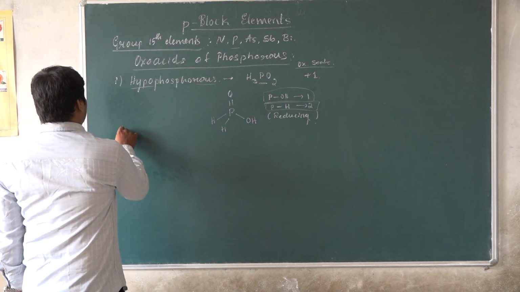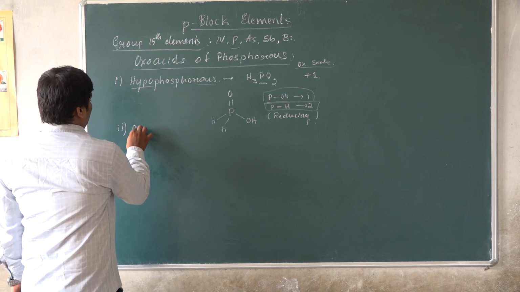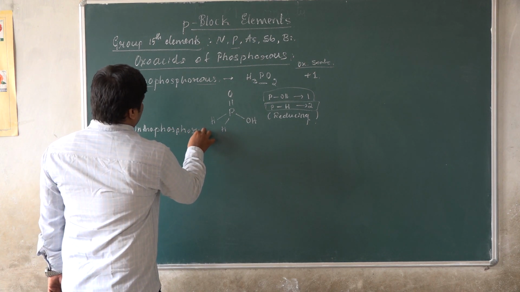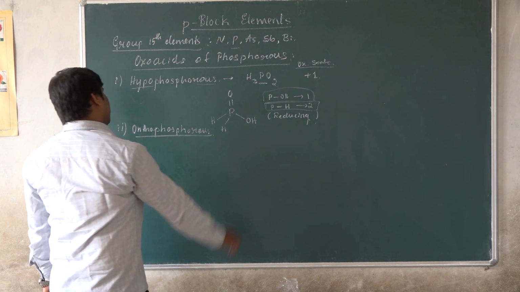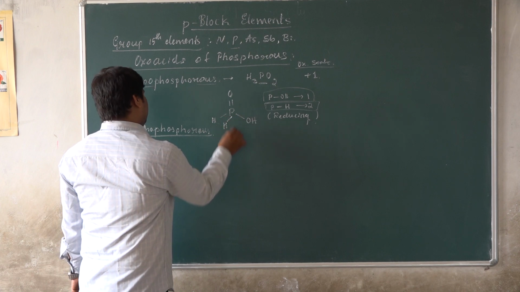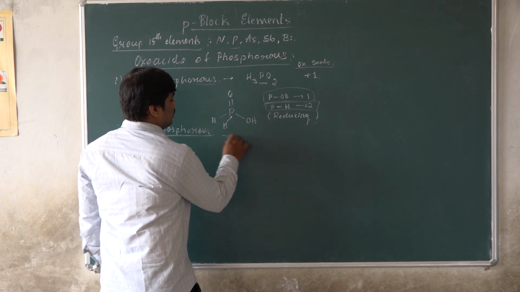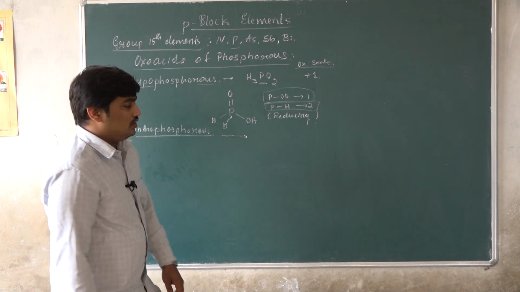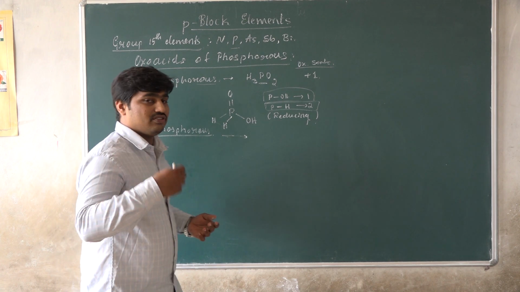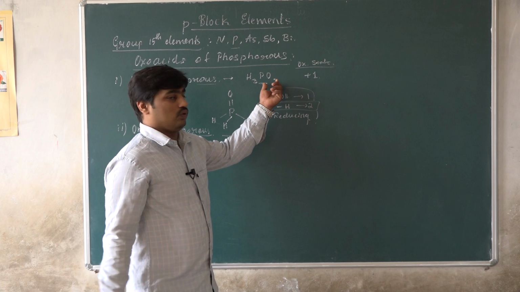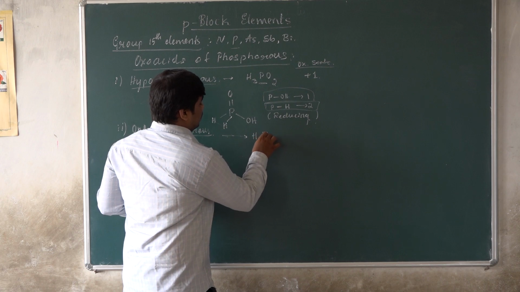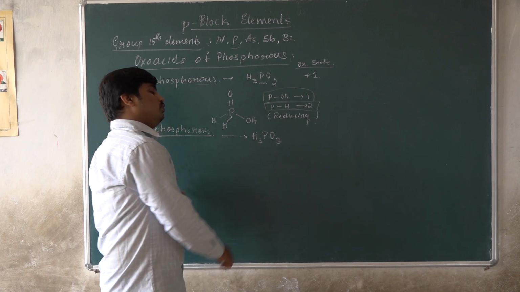Next, the second compound is orthophosphorus. What is the structure of orthophosphorus, or what is the formula? Okay, the second compound, orthophosphorus. The ortho is opposite to that of hypo. Ortho means the number of oxygen is more compared to the first compound. So it becomes H3PO3. H3PO3 is the second compound of